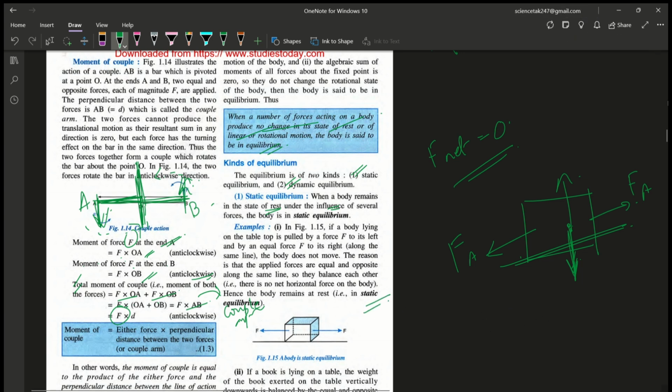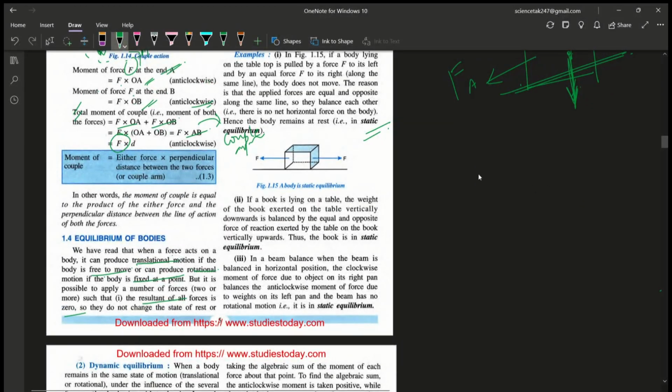Next is a book lying on the table. Oh, we've already discussed that. We've discussed both this and example 1 and 2 in the diagram which I've drawn here. In a beam balance, when a beam is balanced in a horizontal position, this is supposed to be a beam balance. I don't know what it's called in Hindi, but I guess it's tarazu. Something like that. So if I place 1 kg here and I place 1 kg here and I hold it from this point directly from the middle,